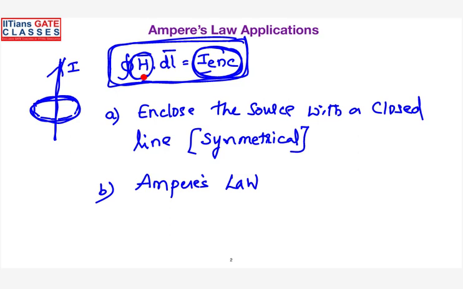So suppose if you have a current carrying element like this, if I want to calculate the magnetic field intensity, you take a small current element here, that is a small cross-sectional length, and find out the magnetic field intensity at the observer position, and then you can integrate. So that is the conventional way of doing the magnetic field intensity calculations, but the Ampere's law makes the problem simpler. Like the Gauss law makes the problem simpler, the same thing you can do with the Coulomb's law as well. So right now we'll see how to apply the Ampere's law.